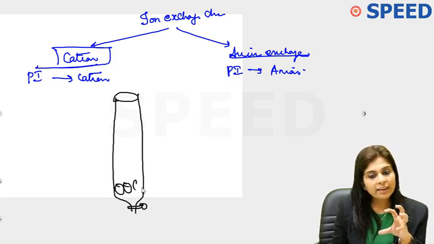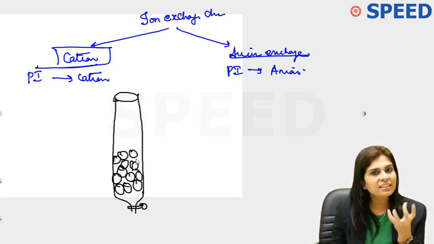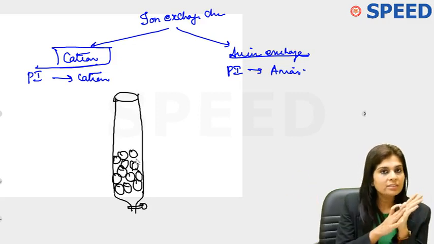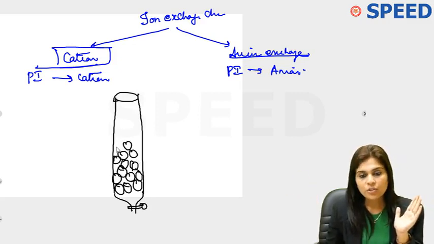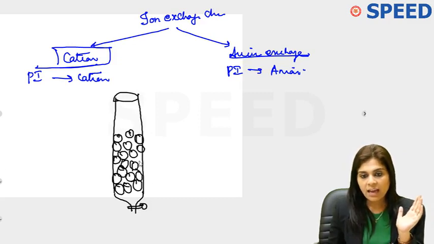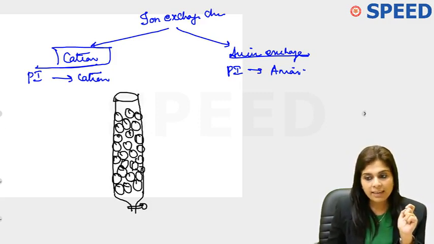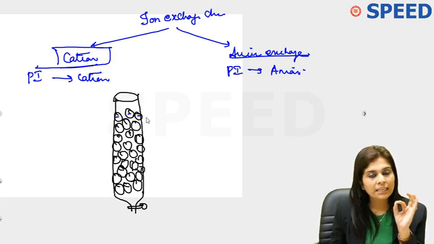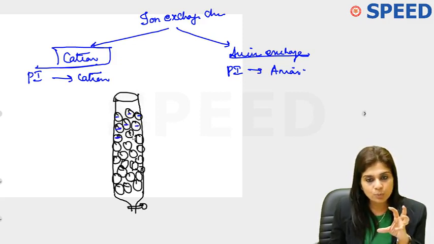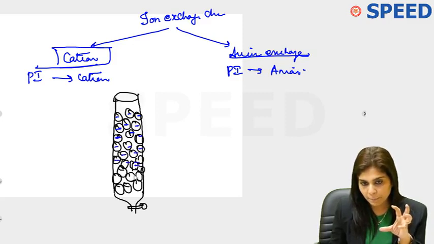How can you retard the cation onto the stationary phase? Only when the stationary phase is an anion. Isn't that logical? To retard your cation, the stationary phase has to be an anion. So in cation exchange chromatography, as a stationary phase, you will use a column which is filled with synthetic polymer beads which are covalently attached to negatively charged groups. I am showing you the groups in blue color. So these beads are covalently attached to negatively charged groups like carboxyl group or sulfate group or phosphate group.